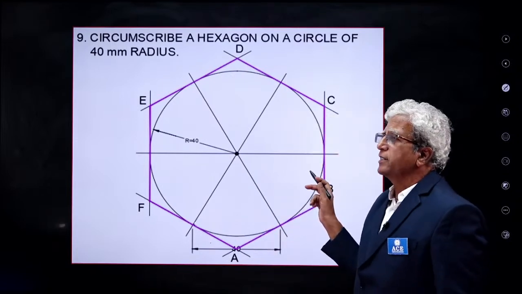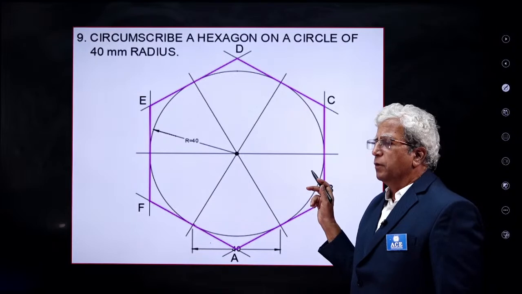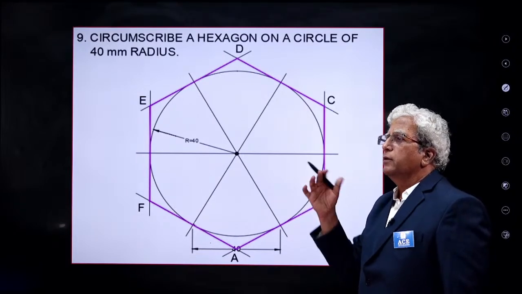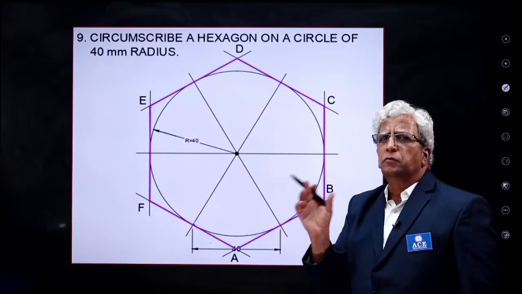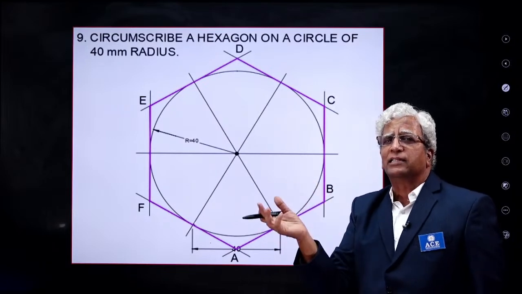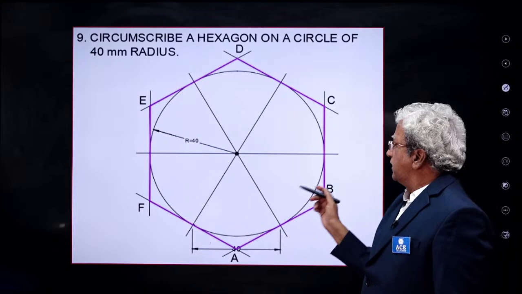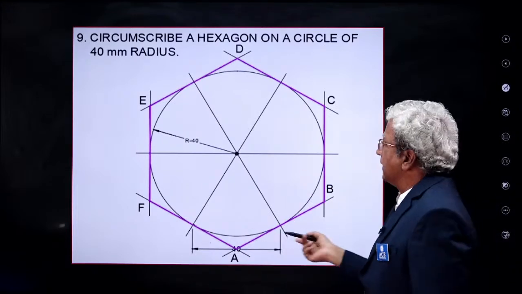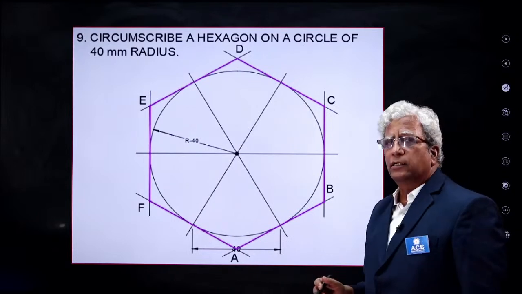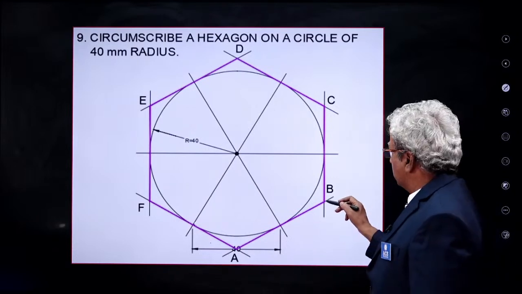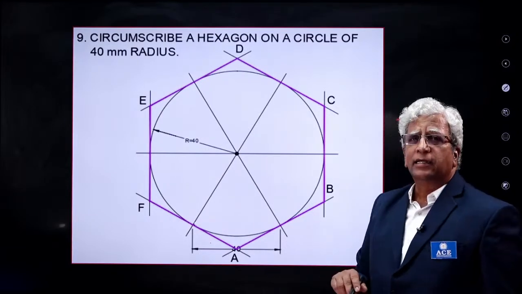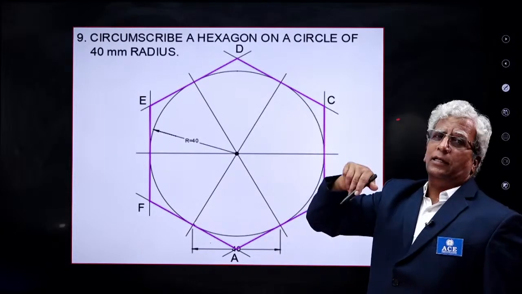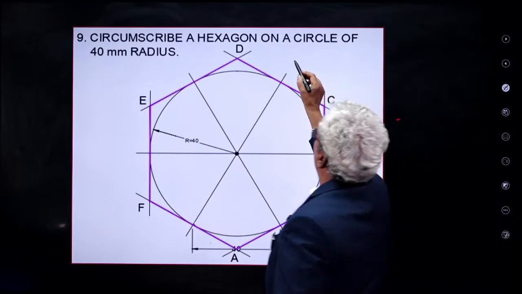Then what you can say about this figure with respect to the two words, circumscribing and inscribing, okay. This circle, if I say, it is inscribed in a hexagon, isn't it so? Or if they consider the hexagon, it is circumscribed over a circle, okay. So if you use that